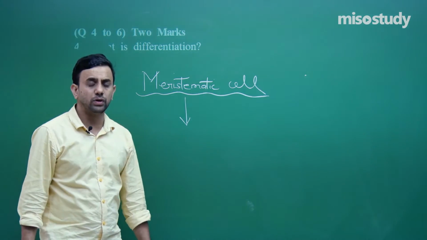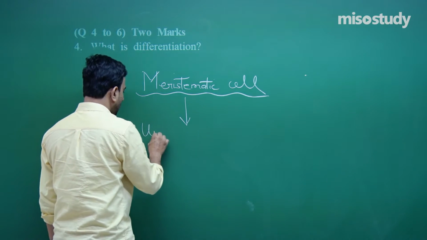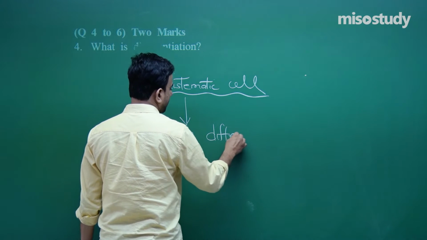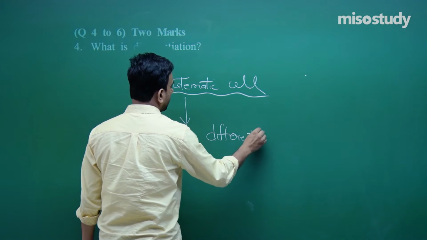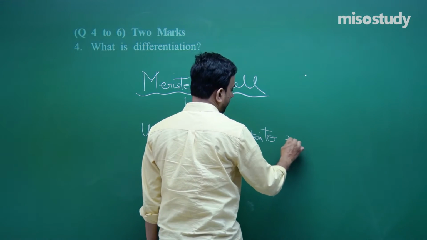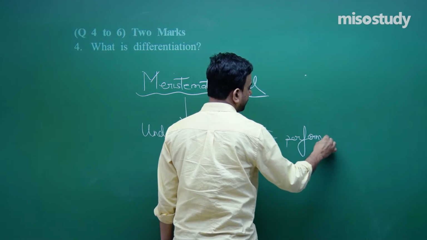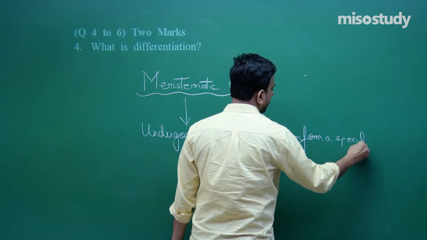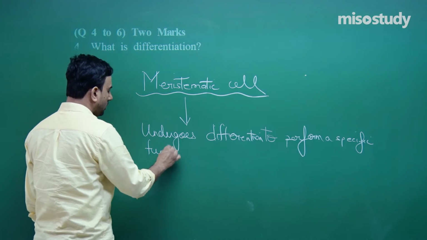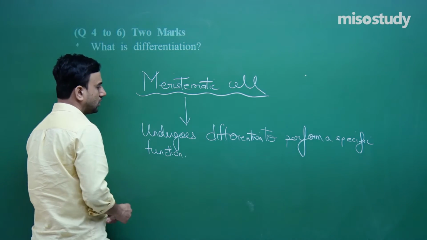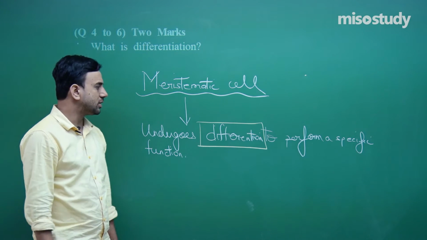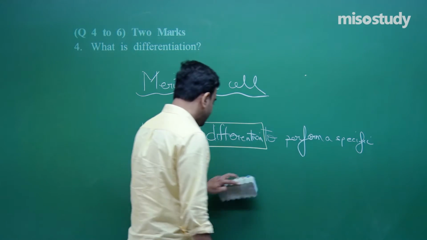This meristematic cell will undergo division, undergoes differentiation, okay, to perform a specific function, right. So the meristematic cell undergoes differentiation to perform a specific function,